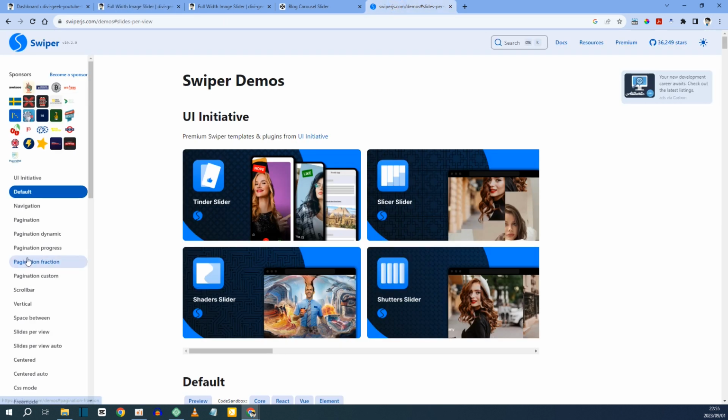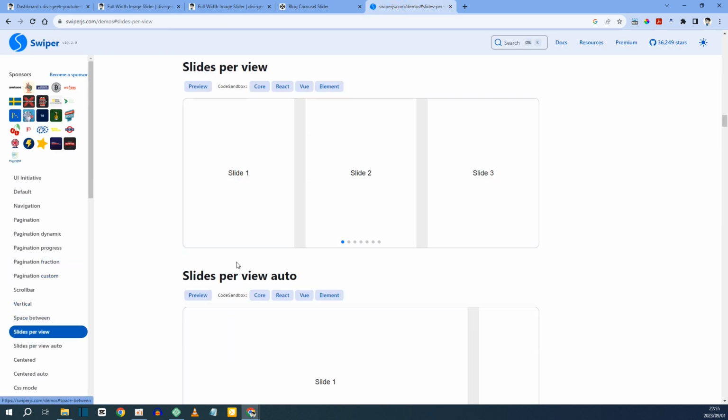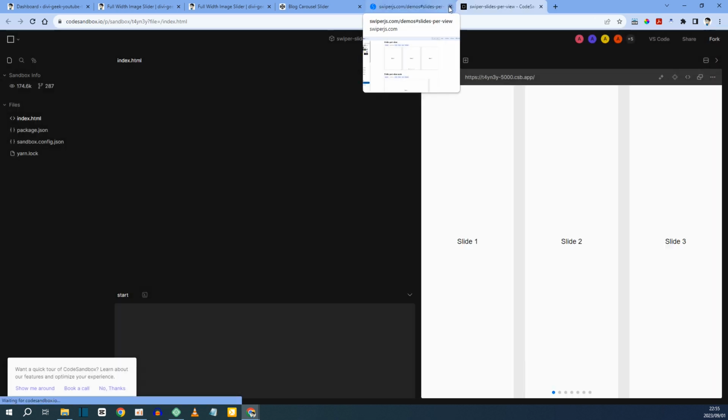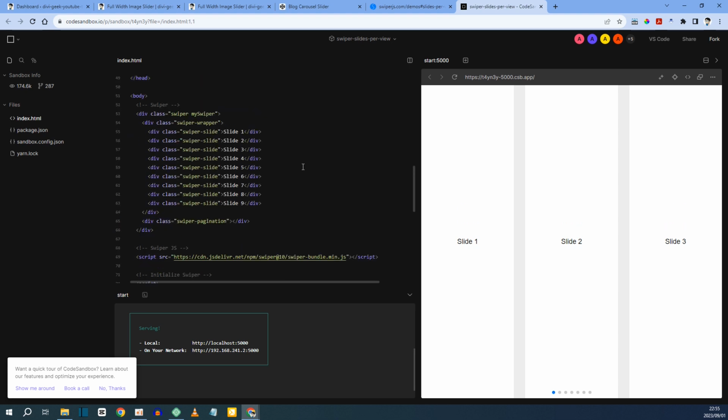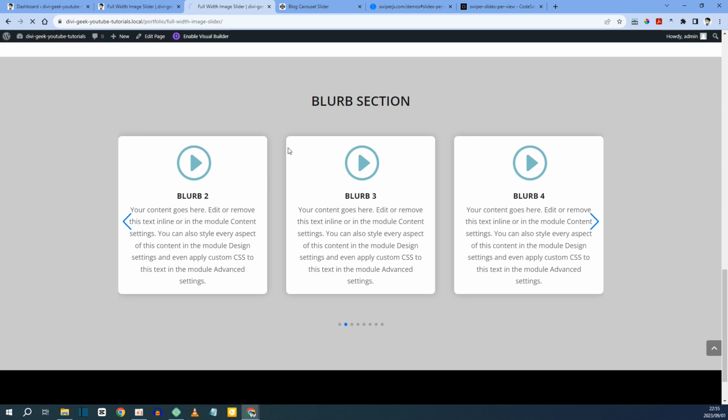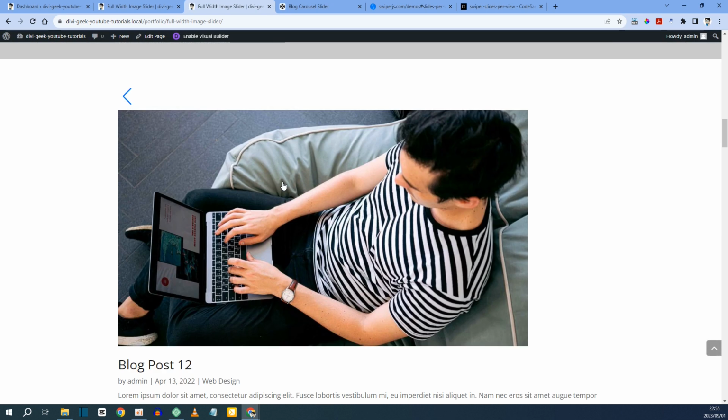So when I come to Swiper.js, we're again going to just use the slides per view demo. I'm going to open the core there. I'm going to scroll down to the HTML here. So if you remember from the previous videos, we need to use the class of swiper, the class of swiper wrapper, and then the class of swiper slide. If we go to the front end and I refresh the page, you're going to see that we cannot do it like we did in the previous videos,